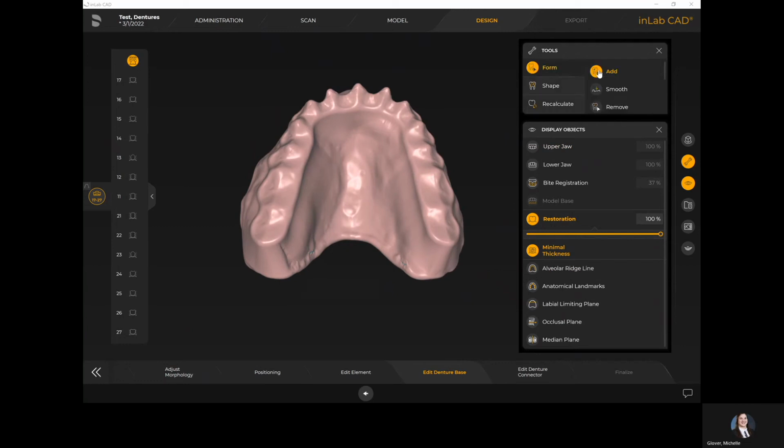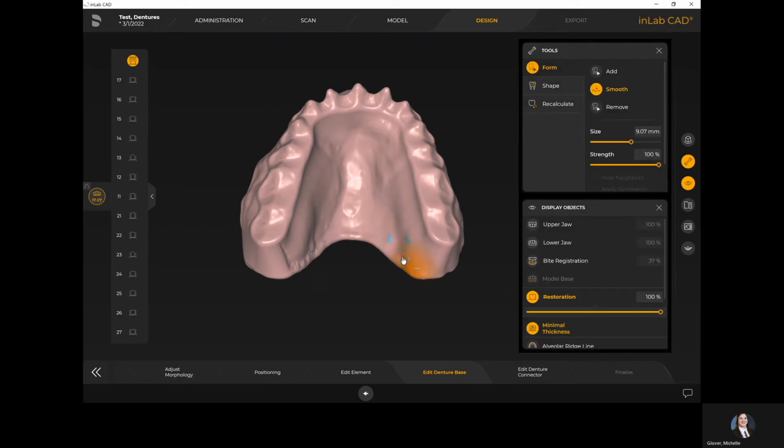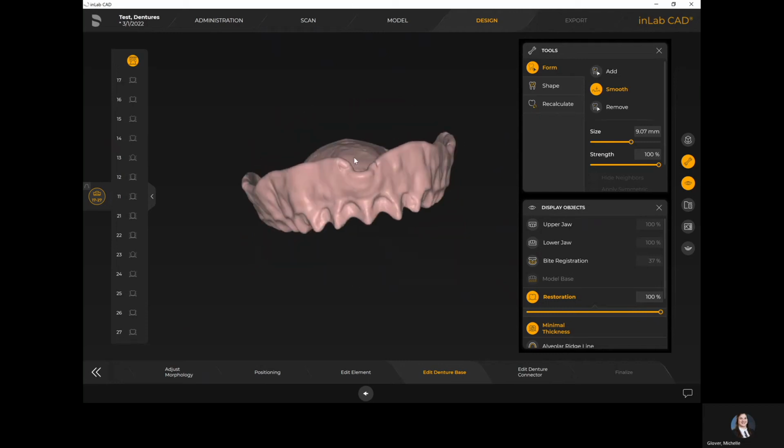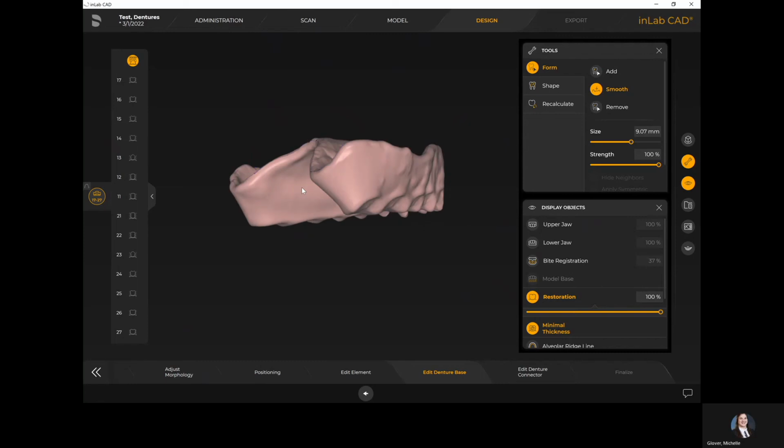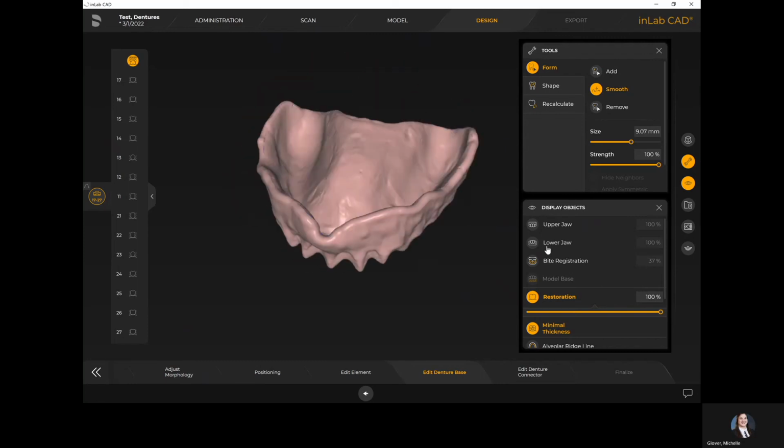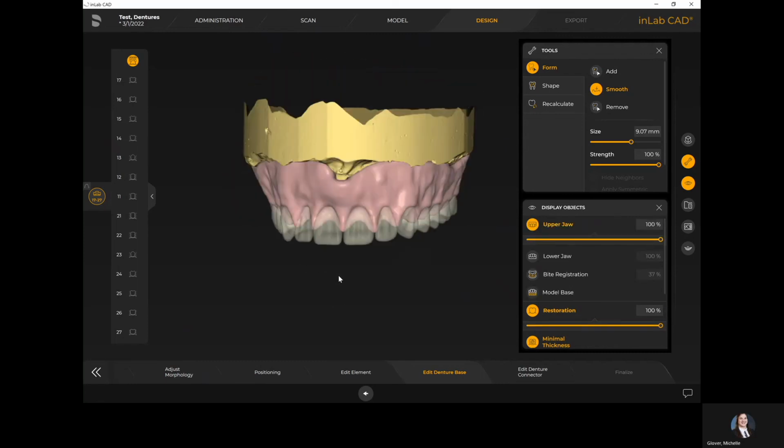So I'm just removing my upper jaw here, and I want to use the form tool and add around any edges where maybe there was a little bit of blue for the thin spot. So I want to just add and bulk up that material so that I'm able to then smooth it and know that I'm not removing too much material to expose minimal thickness. Now I'm just kind of smoothing those surface areas there without issue. All right. So I'm just adding material here using the smooth option, and again, just smoothing anywhere that I see fit. So once you're happy with the denture base step, okay,